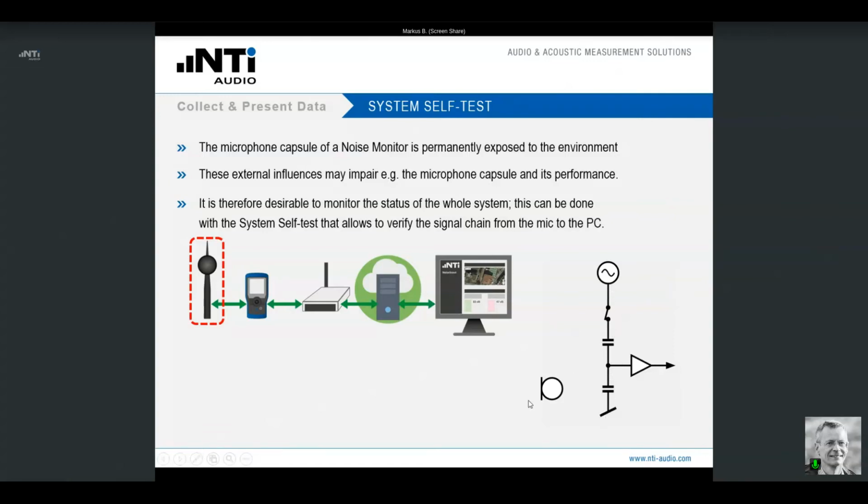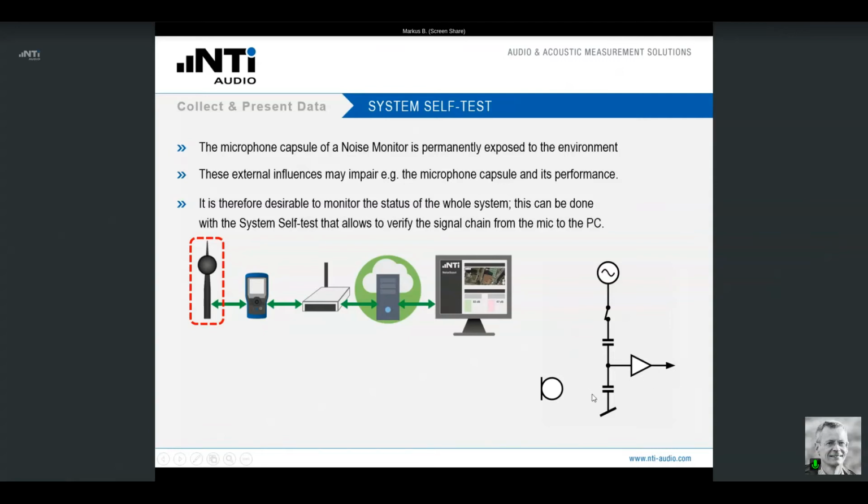Let's suppose we have a quiet environment and we have only the signal coming here from the generator. We can predict exactly how the whole system should behave. We can analyze the data, that is the signal that is coming out of our preamplifier, and if it is behaving as predicted, we know the system is working fine.